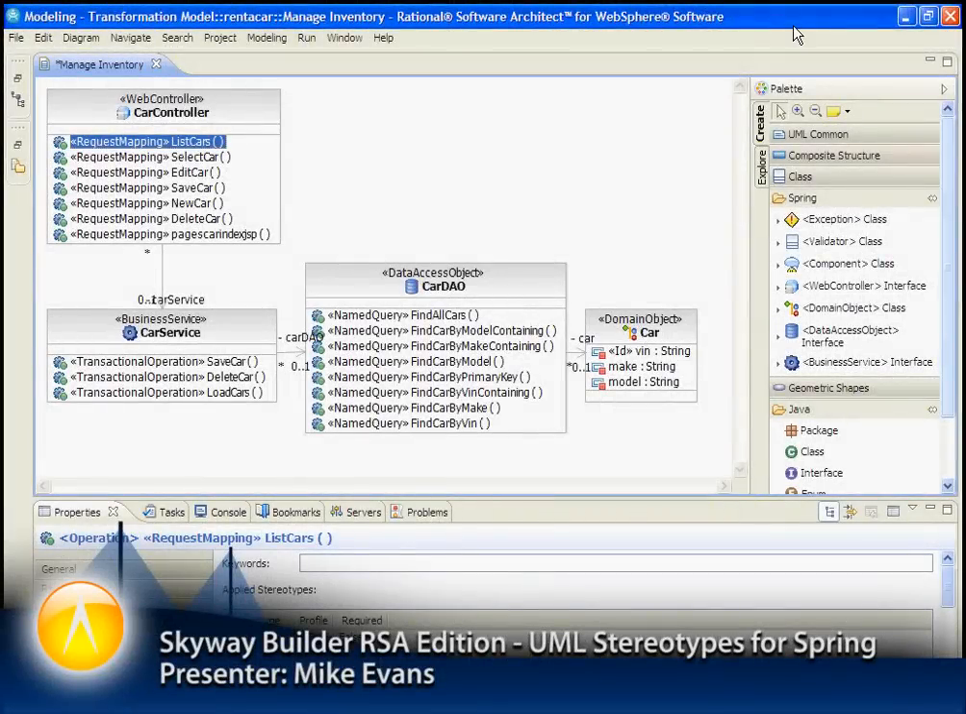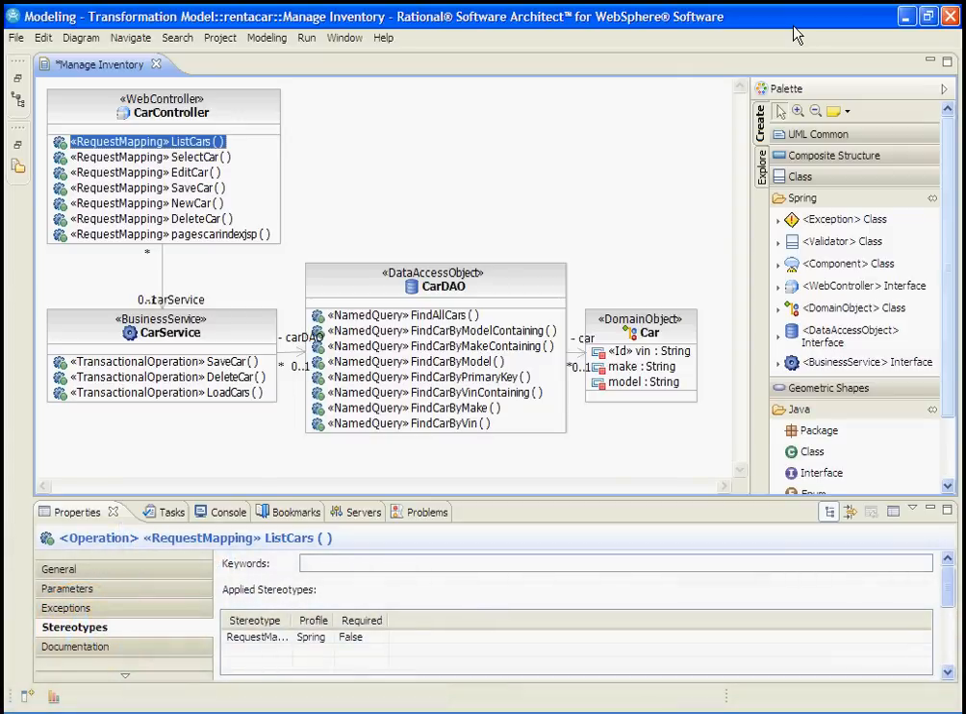What we are looking at is the RSA edition of Skyway Builder. With the RSA edition, we get the feature of a UML profile for Spring. And with that profile, we have a new folder added to the Tools palette, which is the Spring folder. And in the Spring folder are a set of Spring stereotypes, which when transformed and generated will give you the